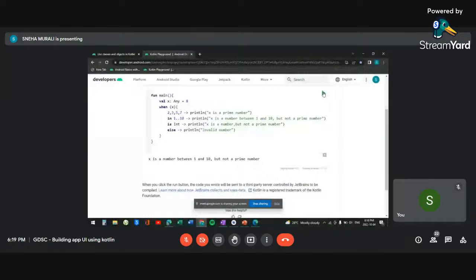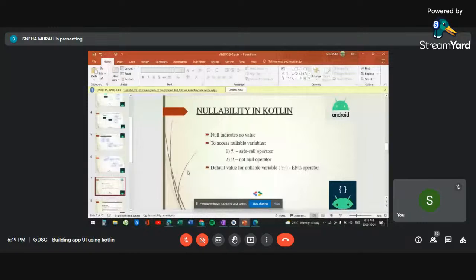Then we move on to nullability in Kotlin. Null is a word that indicates no value. In some cases in our program, we need to access variables that may have no value. In those cases, we can use nullable variables, and to define explicitly that a variable is nullable, we